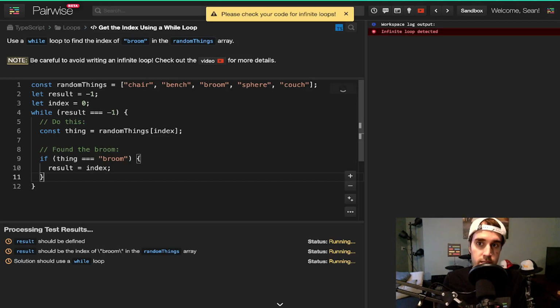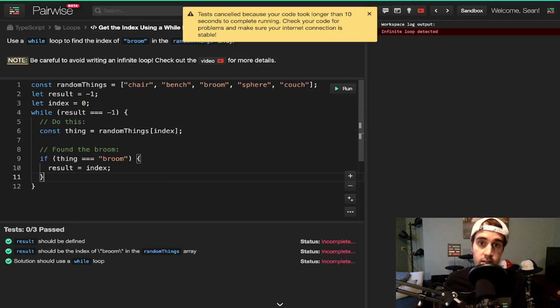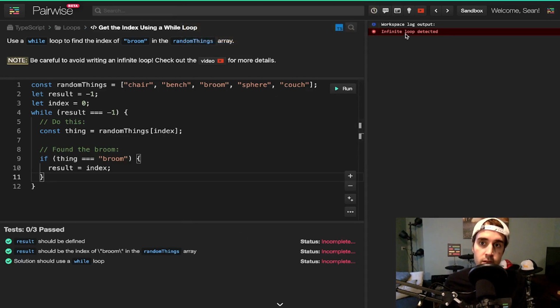So as you can see, there's an issue with the code, and it's telling us something about infinite loops being detected. And the code never completes, and we get these errors down here and over here. So what's happening is we're never actually updating the index value. So the index is being set to 0,